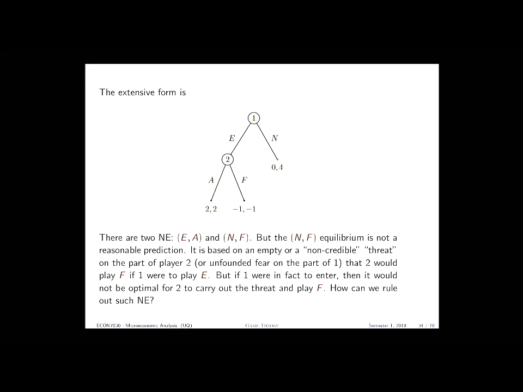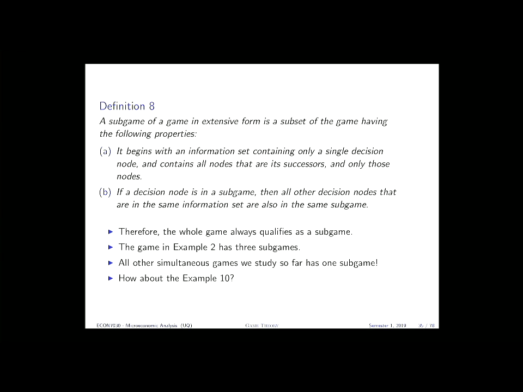So the question is, how can we rule out such NE? The answer is via the subgame perfect equilibrium. Subgame perfect equilibrium was introduced by Selten. I remember in the first class I showed you the history of Nash equilibrium. This happened, I guess, in the 60s when he introduced this method. Now in our research papers, which are up to date, obviously 2019 or 2018 papers being the most recent achievements,